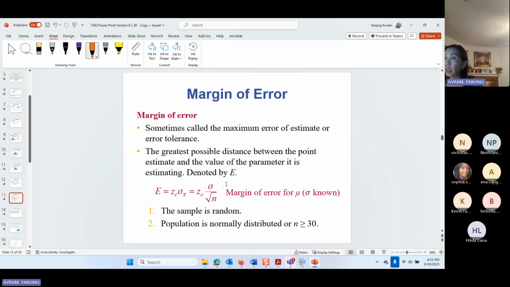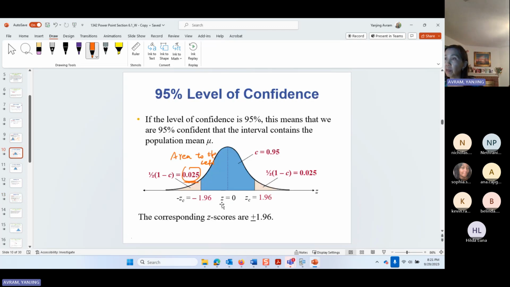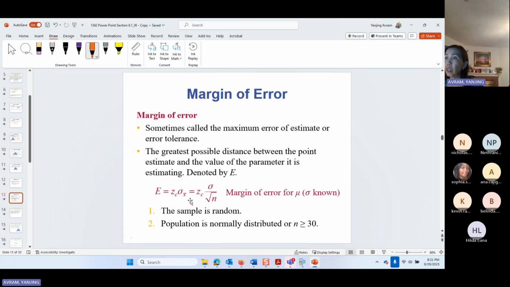This margin of error will determine how confident you are. Z sub C is a critical value, and this critical value is connected to the confidence level. So the margin of error is proportional to the Z-score and the population standard deviation, and